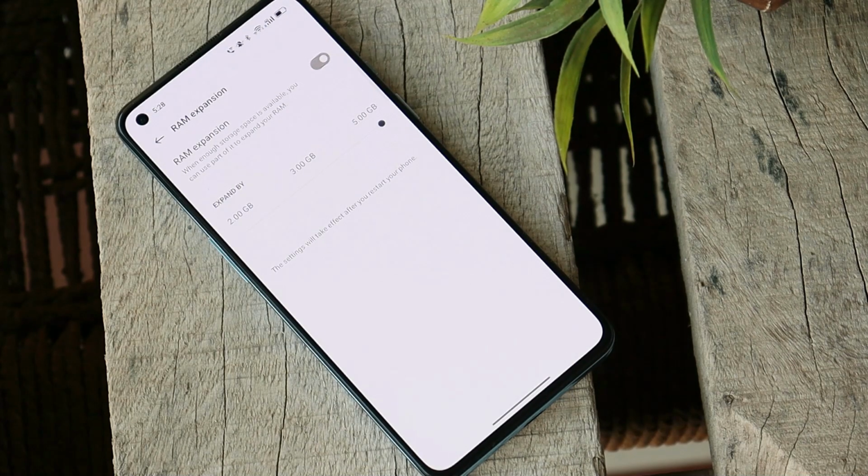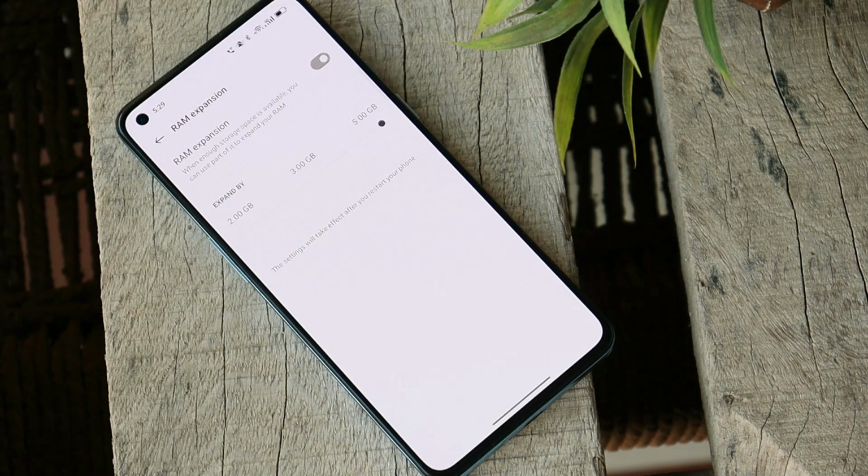And this virtual RAM feature comes into play when your device completely runs out of the actual memory available on the device. And I personally don't think if I have an 8 GB variant, I'll anytime soon go out of memory unless I'm using 100 applications in the background. And if I try to use 100 applications in the background, by default, the system will optimize those applications and close them. So if I have to enjoy the virtual RAM feature, I have to disable all the optimizations and then give it a try. So I'm planning a video on this, guys, stay tuned. You guys are soon going to see a video about how useful this RAM expansion feature is on ColorOS.